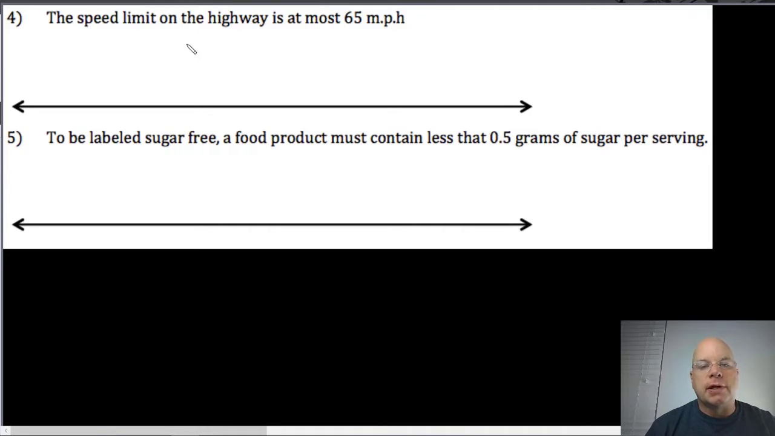So that means you could travel less than 65 miles per hour. Could you travel exactly 65 miles per hour based on this? What do you think? If it says it is at most 65 miles per hour, then you could go 65. You just can't go above 65. So the inequality here would be x